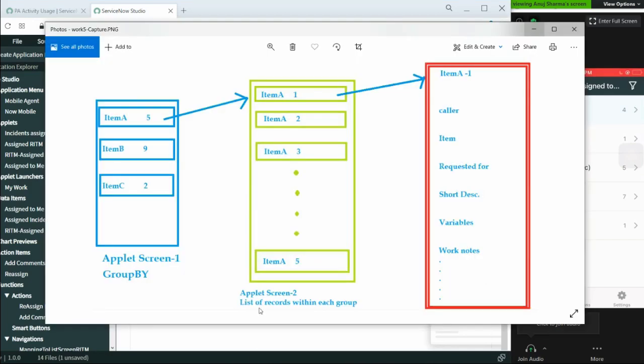So what have we done till now? First we created one group by applet. We defined the data items within that applet. Then we created applet 2. We defined data items and parameters within applet 2. After that we passed the parameter from applet 1 to applet 2.